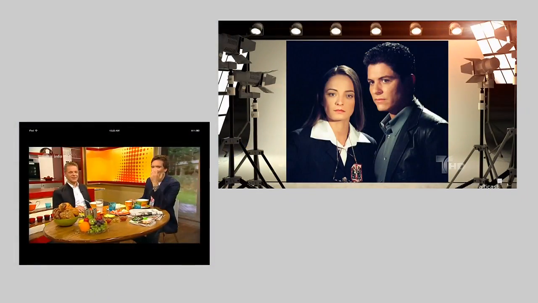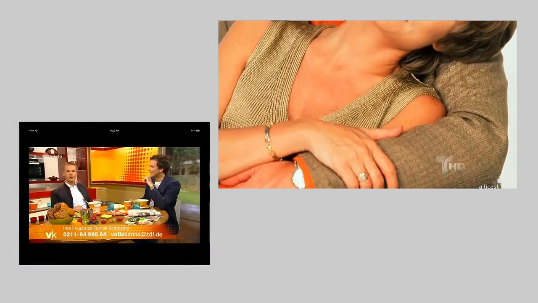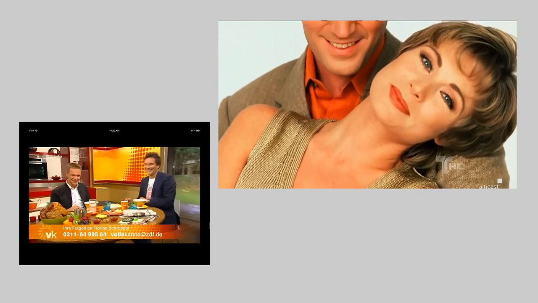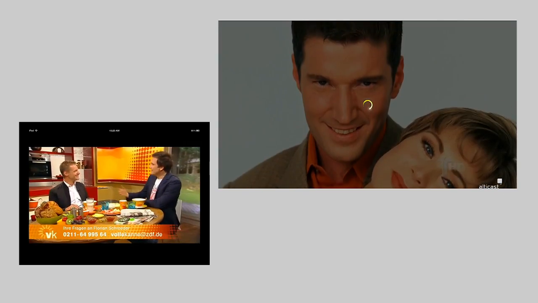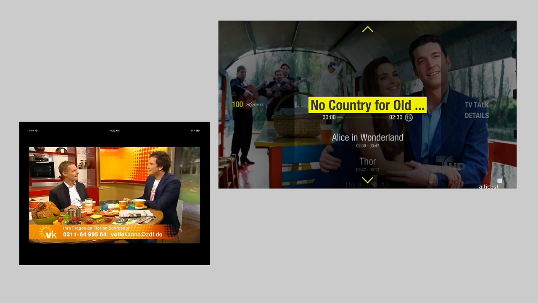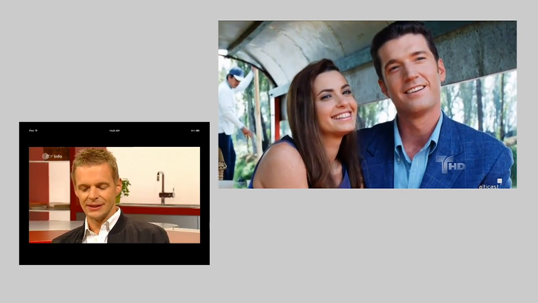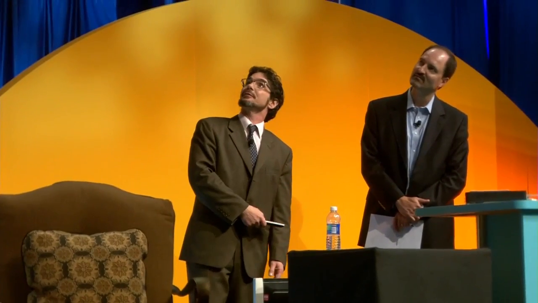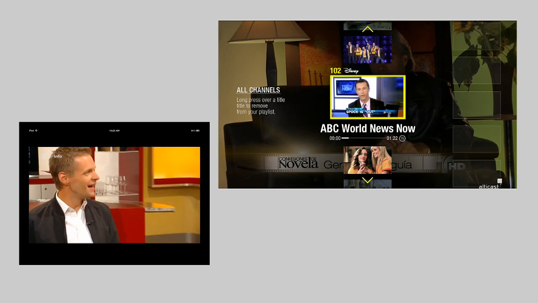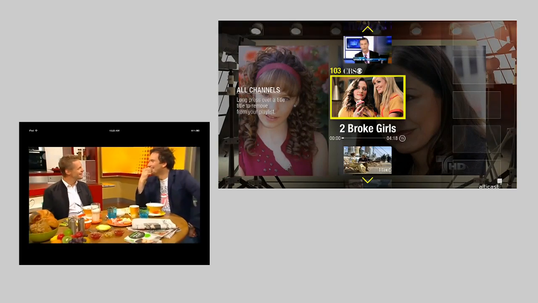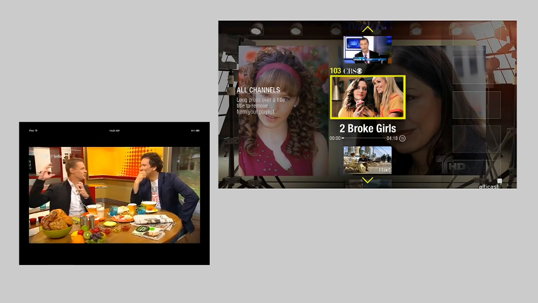As you can see, we've got two screens up there. On the right, you have a television screen, and that's coming from the set-top box. Okay, so I'll show how I can navigate that screen. And you can see that it provides a rich environment containing both rich media as well as a dynamic user